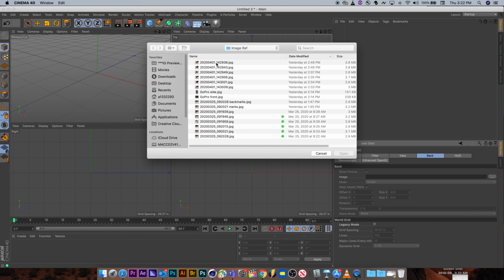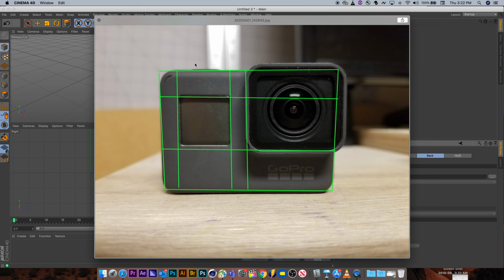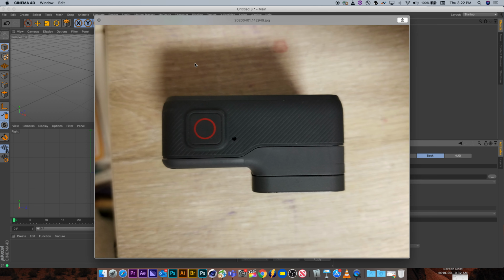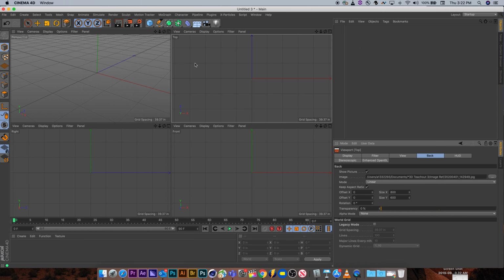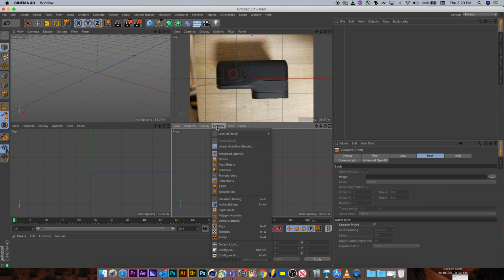And then I'm going to look for my top image, which is this one right here. Open, and go to the front view, do the same thing. If you remember,